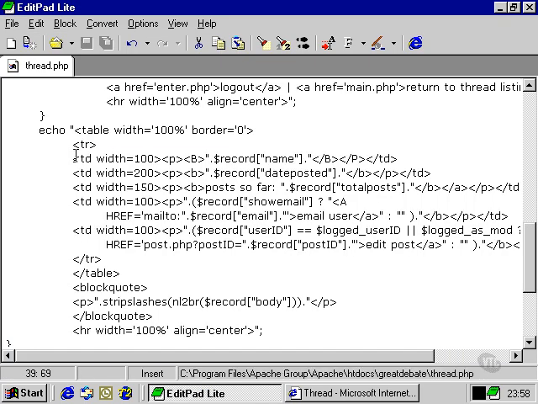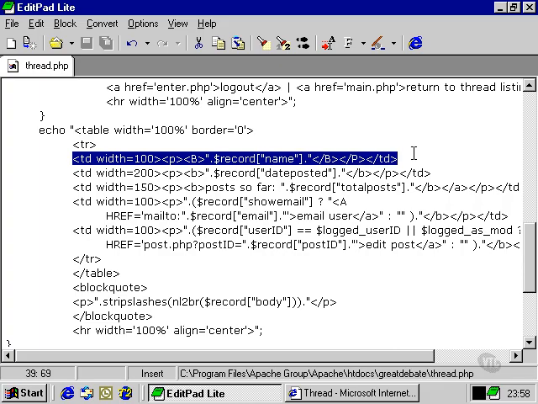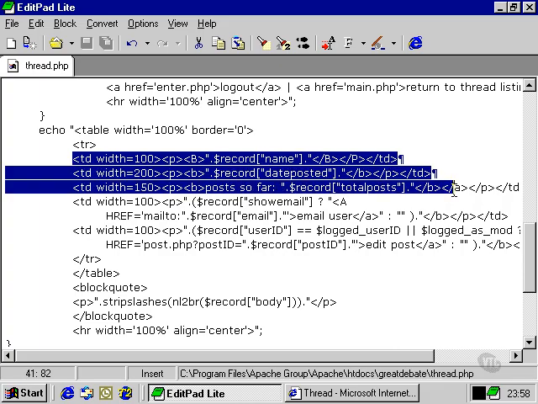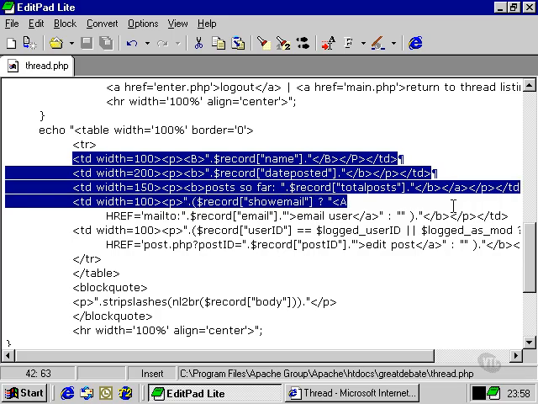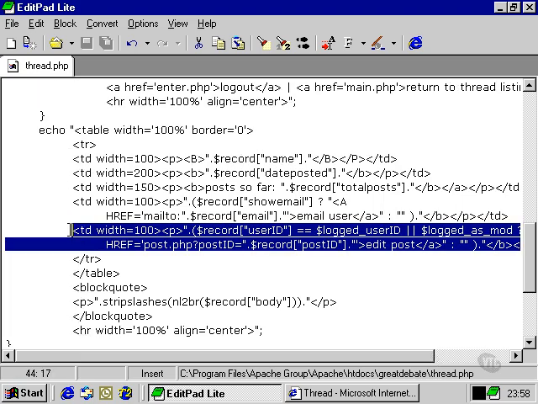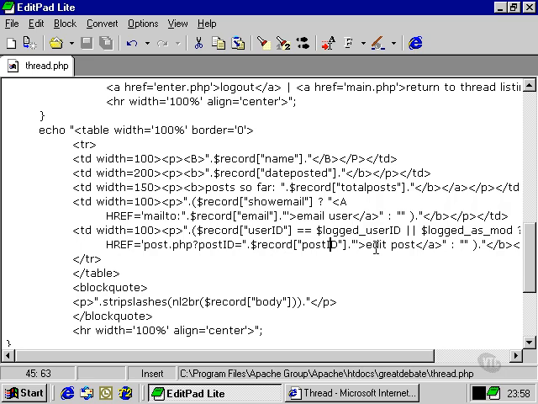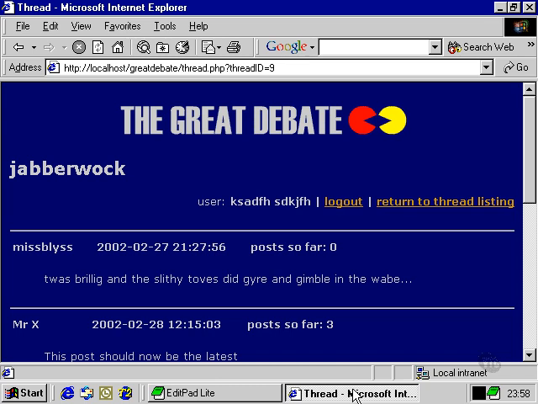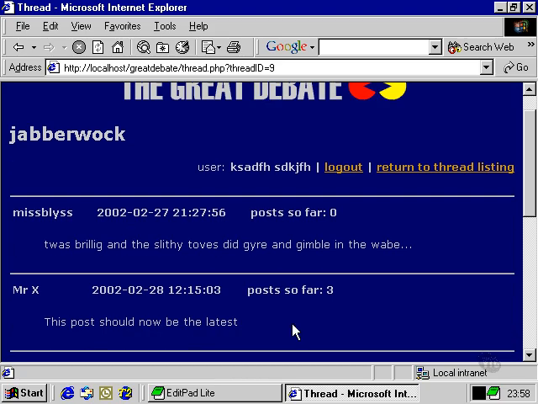As we can see, each of these rows fulfills each of those pieces of data and puts it on the screen. We also have this line, which we're not seeing at the moment, and that is the facility for the user to edit their own post, so that if we were logged in as, say, Mr. X, then we would see the edit post hyperlink coming up here, where we could edit this particular post and change it to whatever we want, or